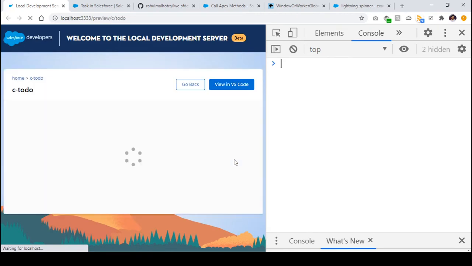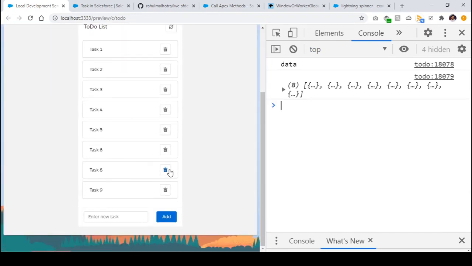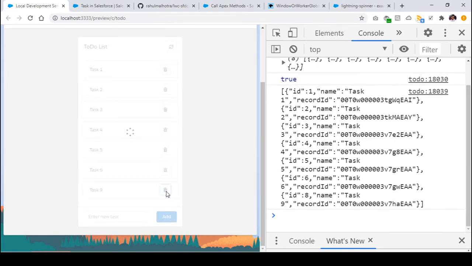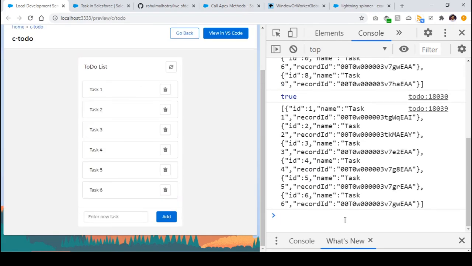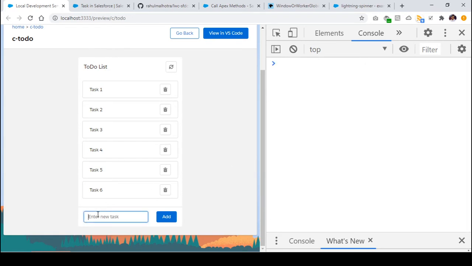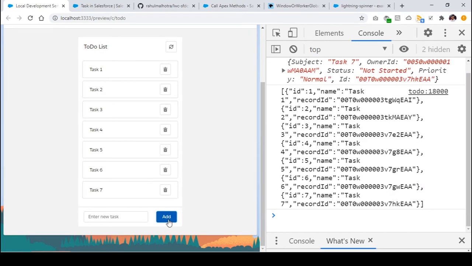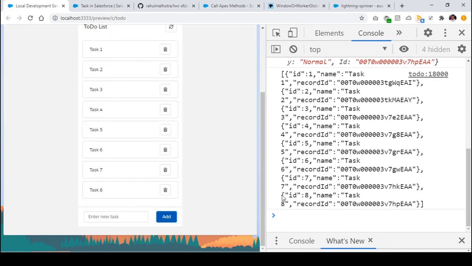Okay, so my list is being refreshed, and I'm going to delete the other tasks again, and I'm going to add them again. Let me just delete task number 8. Let me just delete task number 9 as well. Okay, so right now my list is sorted 1, 2, 3, 4, 5, 6, right? I'm clearing it out, and let's say I'm adding task number 7. So it will be added at the 7th position, but the index here is 6, right? And the ID is 7. That's perfectly fine. I'm adding task number 8. I'm adding it to the list.